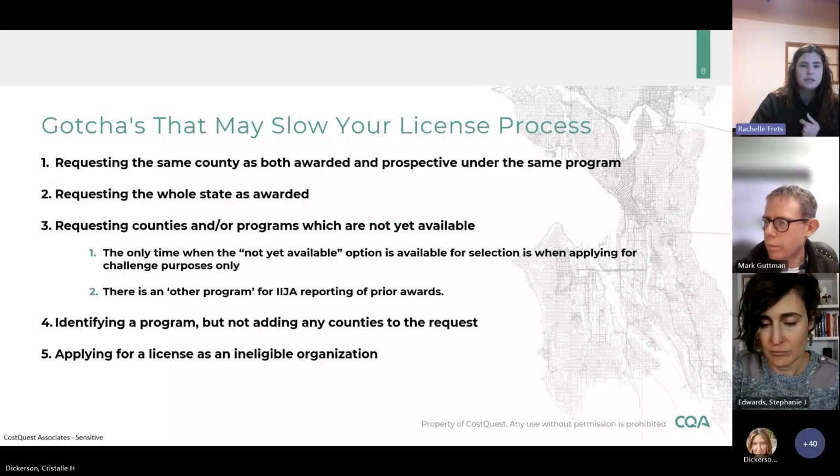We have seen requests for counties or programs that are not yet available, or applicants identifying a program but not adding any counties to their request. Both of those scenarios will require outreach from our team. If you are applying for the